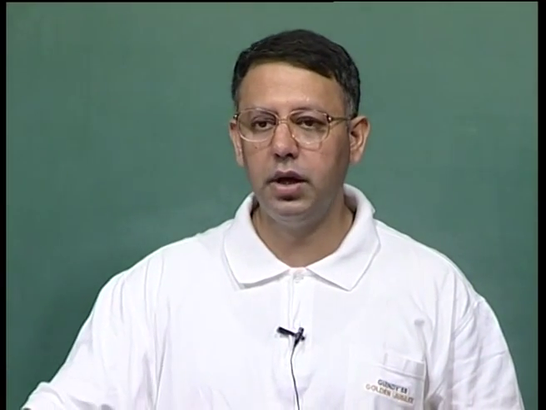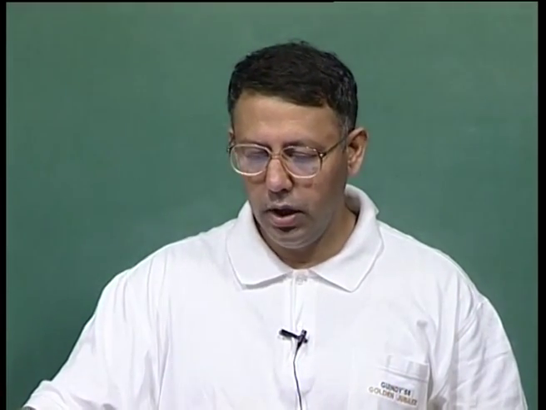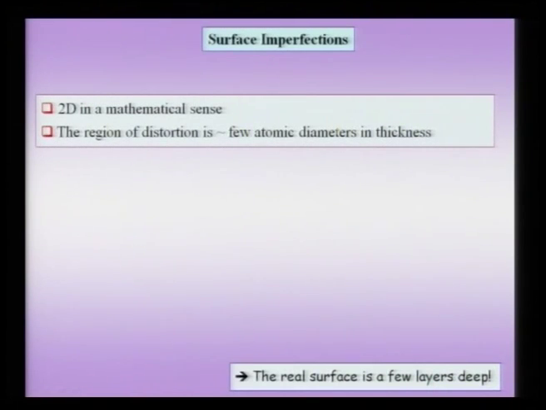and as I pointed out, a surface is an interface between the termination of the bulk and the air or the vacuum. Even though we call some of these surfaces two-dimensional defects, we have to remember, as pointed out before, that this is two-dimensional only in the mathematical sense, and typically the region of distortion is a few atomic diameters in thickness. In fact, the real surface is always a few layers deep, it is never just